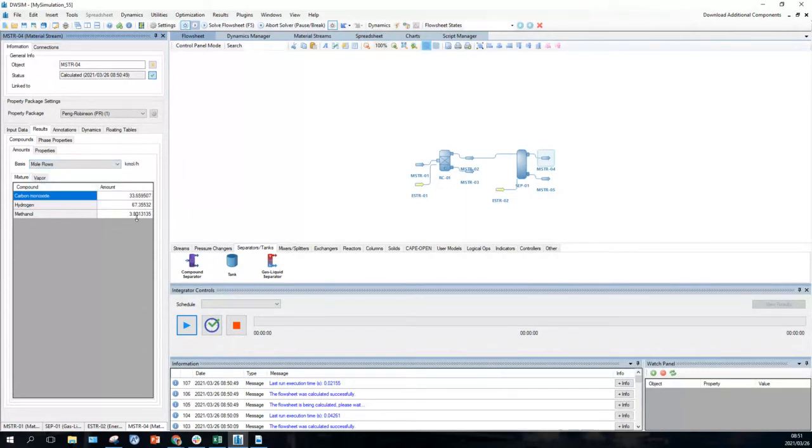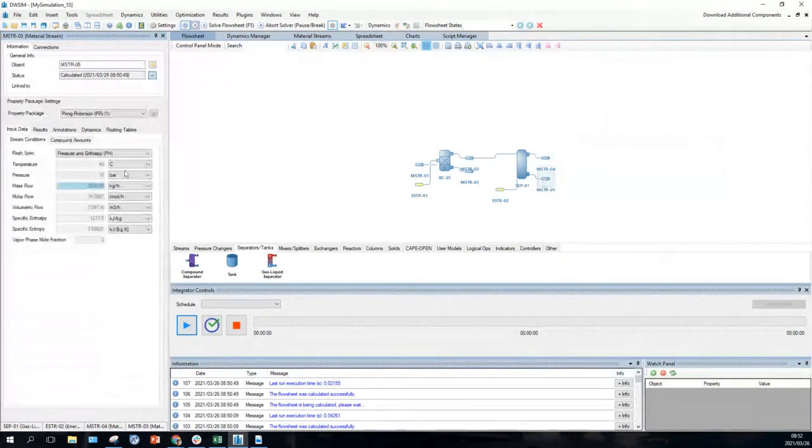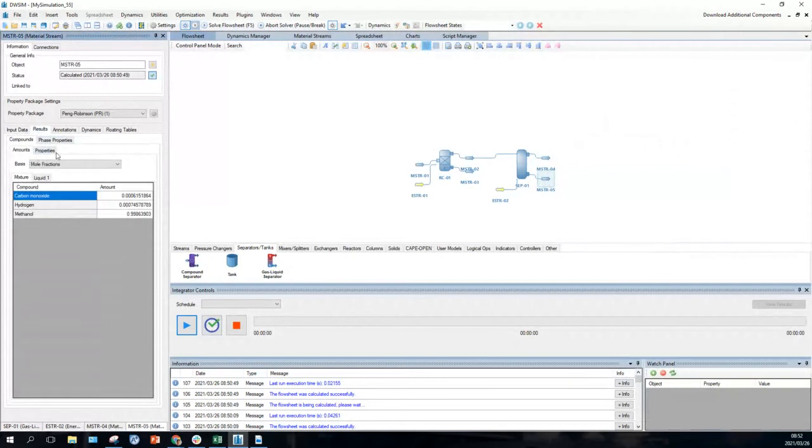So 3.82 methanol is being lost here, but you can see it's a relatively low molar flow. Oh, let's go mass flows rather. Mass flows, kilograms per hour. 122 is being lost, but there's plenty that's in comparison with the rest. It's not too bad. So let's have a look at this one, and again we need to go to results,